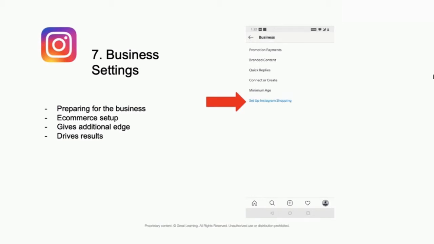Now this is not available to everyone, but once you set up a business account and have gained a minimum threshold of users and followers, then this opens up. Other features are available to you without any restrictions or conditions. People who are looking to set up a shopping module or an e-commerce brand, it will really help them. And if you set this up from the first post itself, if you have started fresh on Instagram and you're doing Instagram marketing for the first time, you will definitely have an edge. It definitely drives results towards your sales and purchases and starts building your customers from the start itself.